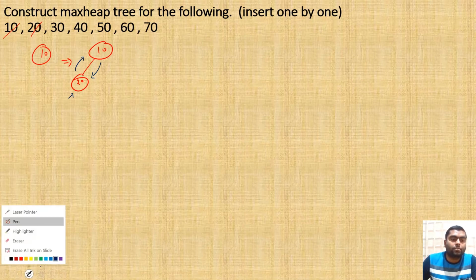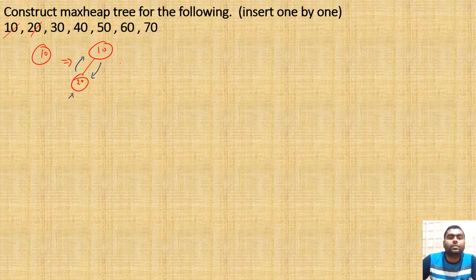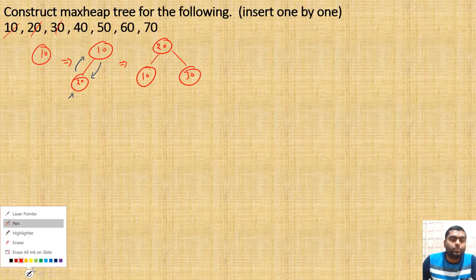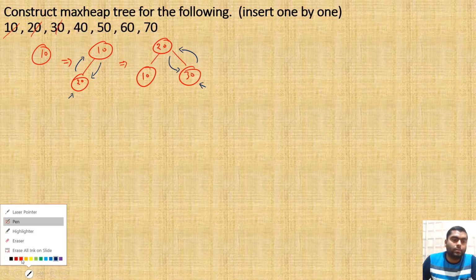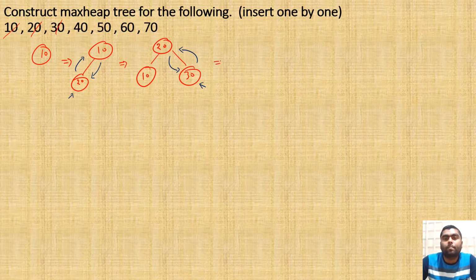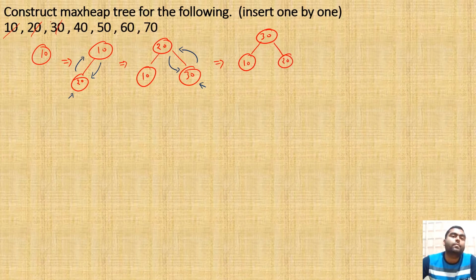So now just draw the resulting tree. So the resulting heap tree, min heap tree is what? Not min heap, it is a max heap tree. So it is 20 and this will be 10. Now next is 30. So here 30, again there is a problem because it is not a max heap. So where the problem arises, this particular point. So this will go over there and this will come over here. So finally, what will be the resulting max heap after this? The resulting max heap will be 30, and left is 10 and right one is what? 20.